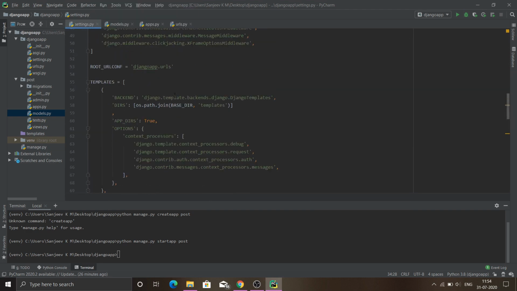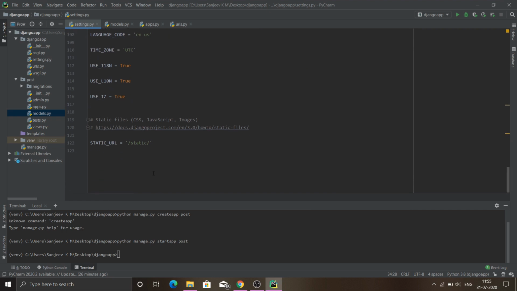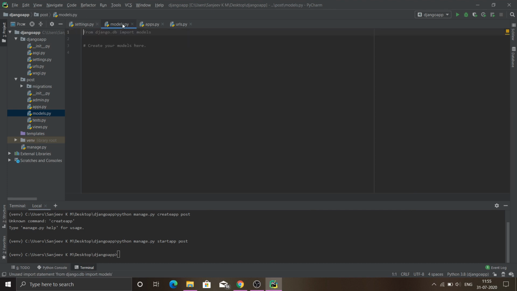file, and under this database you could definitely go and change your database name. That's enough, and you no need to change any Python codes in this model. Okay, let me move on to next.